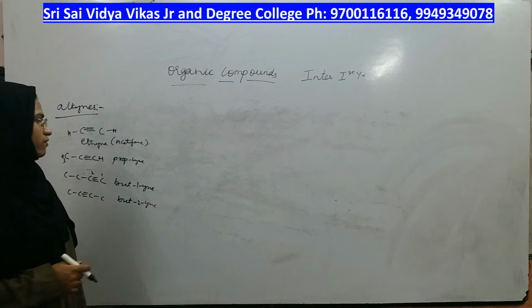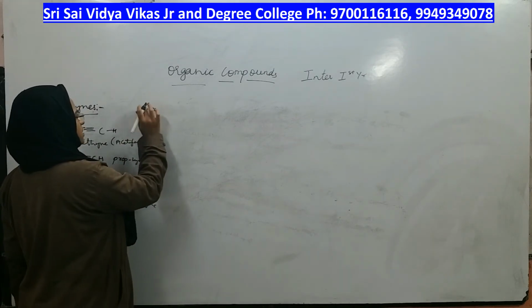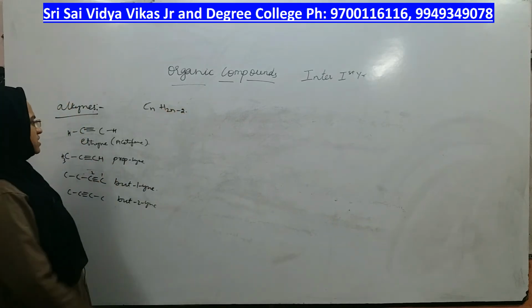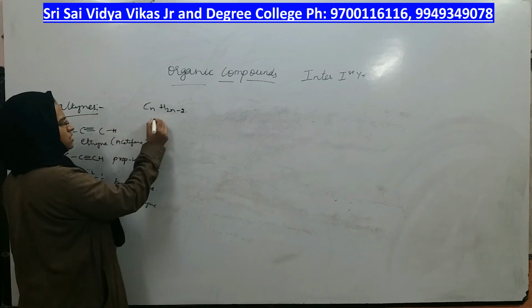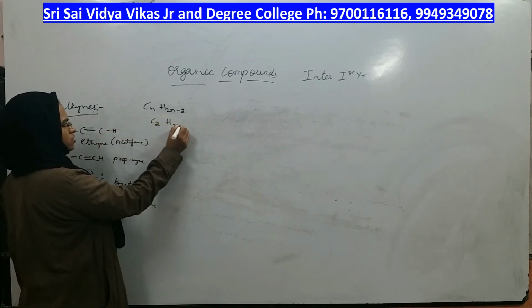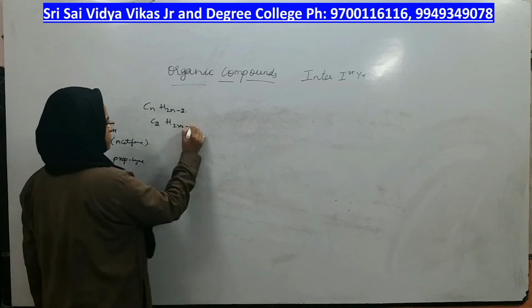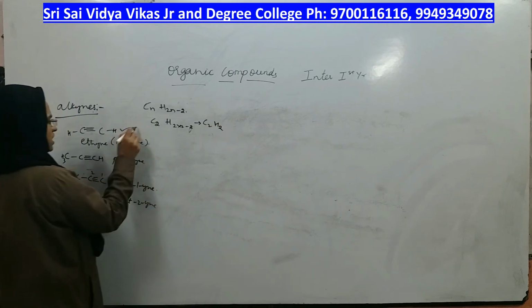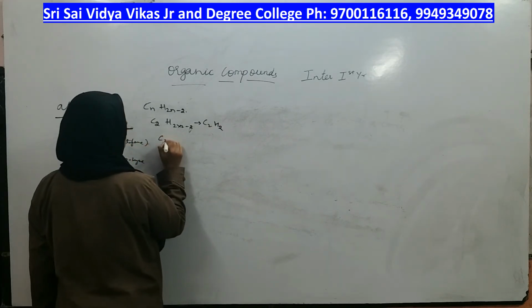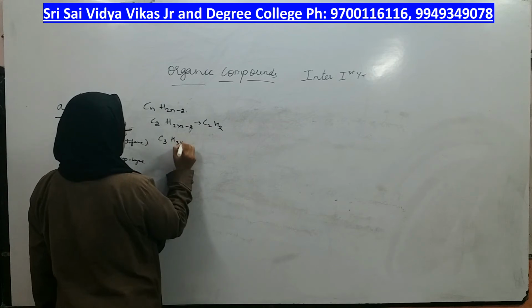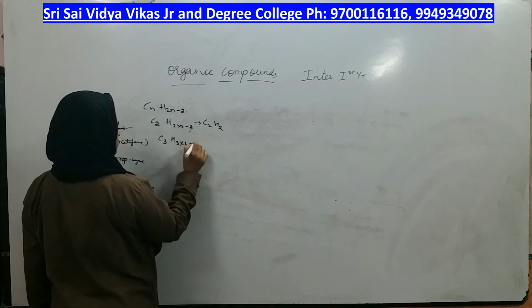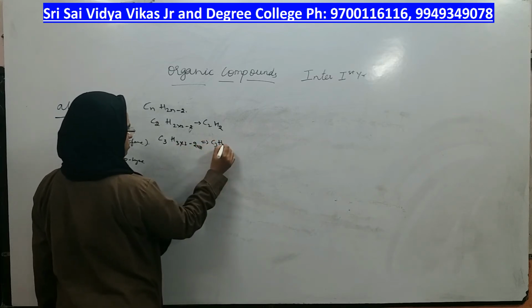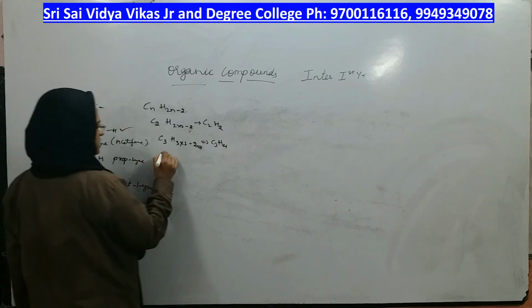What is the general formula of all the alkynes? CnH2n minus 2, right? Let us substitute for the first member: C2H(2 times 2 minus 2). What do you get? 2 times 2 minus 2 is 2. Are you getting this alkyne or not? Yes. Let me substitute for 3 carbons: 2 times 3 minus 2. What do you get? C3H(2 times 3 minus 2), which is 4. Right. Next alkyne, what do you get?